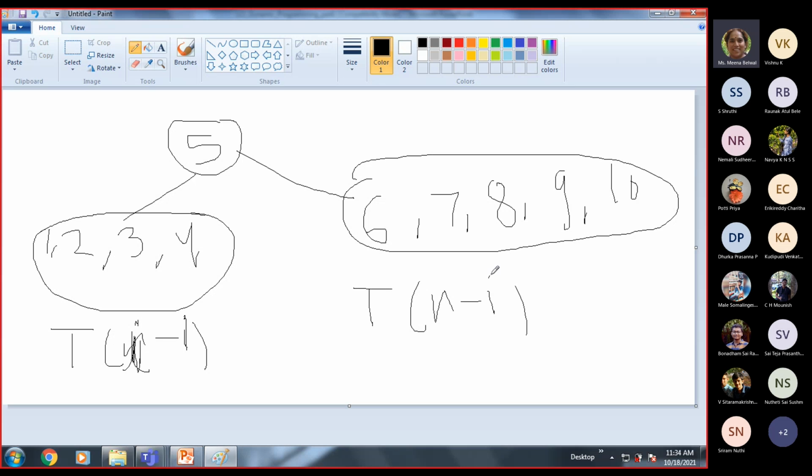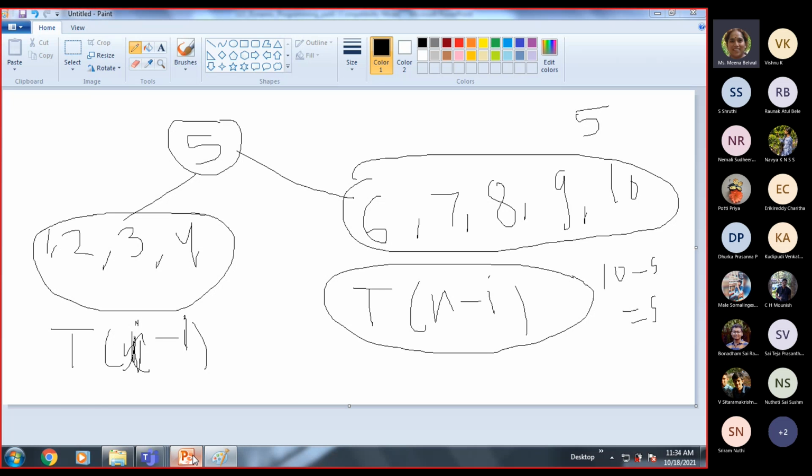So what we are saying is the count of n minus I. N was 10 and I is 5, so 10 minus 5 is 5. So here actually it is 1, 2, 3, 4, 5 only. Why am I putting it as n minus I? As you said, it should be I plus 1, I plus 2 till n. But it is also a problem with 5 nodes in increasing order, 6, 7, 8, 9, 10. So the count will be the same, Tn minus I. That is how we reduce the problem.